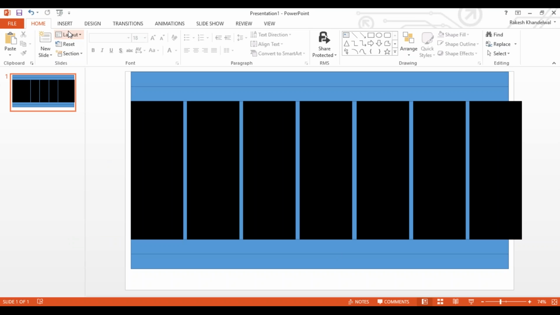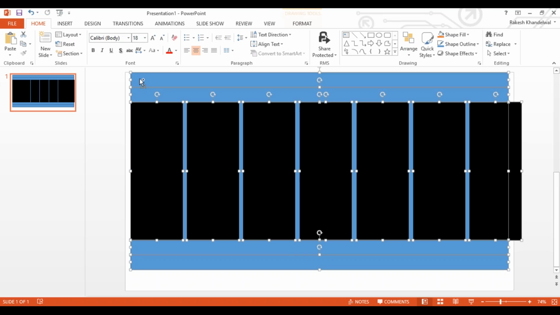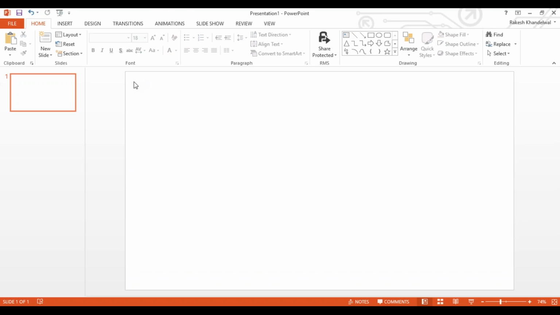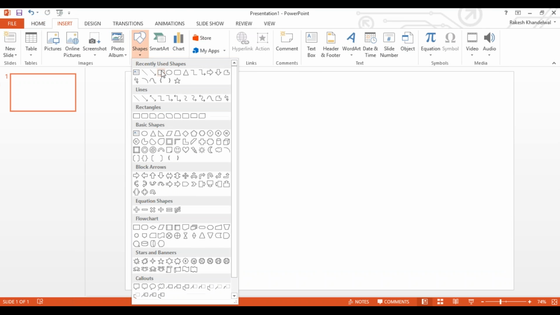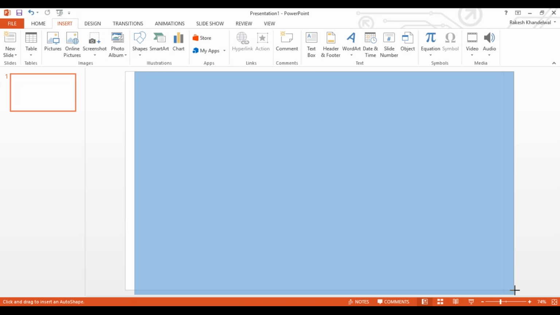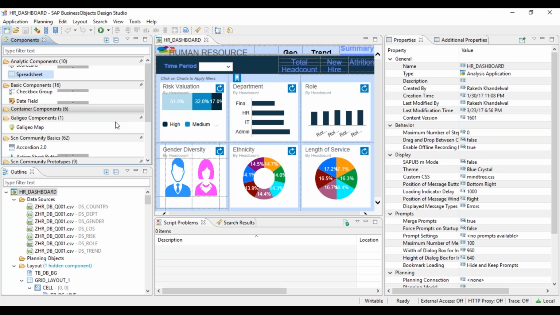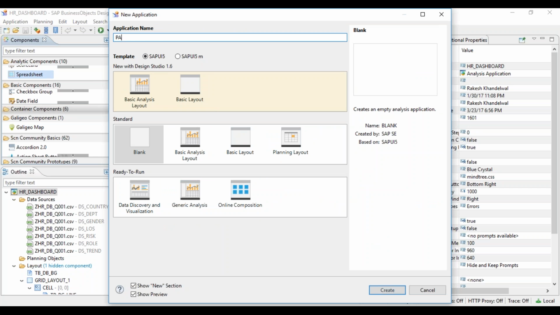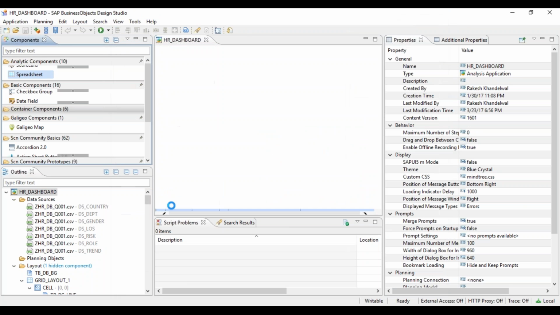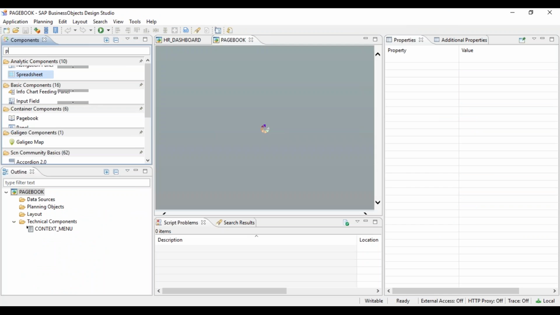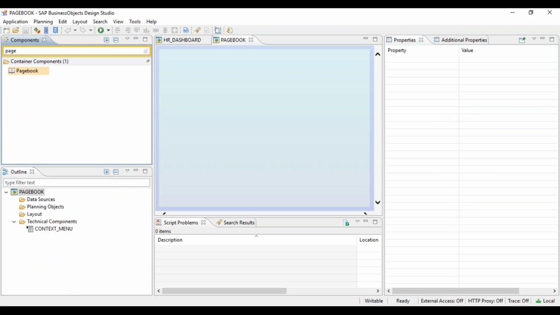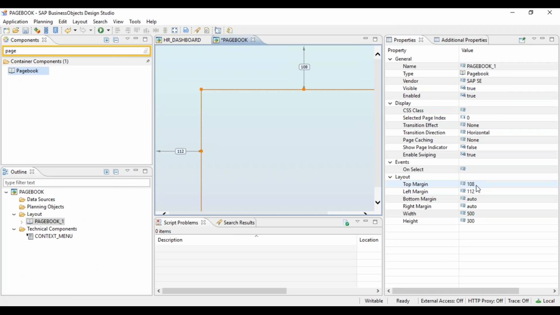You started with the grid, right? So where does the pagebook component come into the picture here? Yeah. So pagebook, instead of all these components, you first put a pagebook component. Okay. Let's go to Design Studio only now. You take one pagebook component. You place that component. Cover everything.